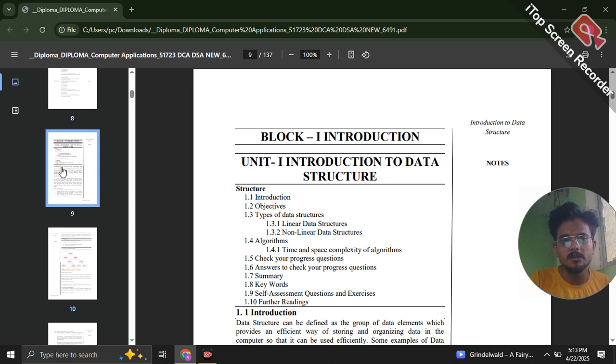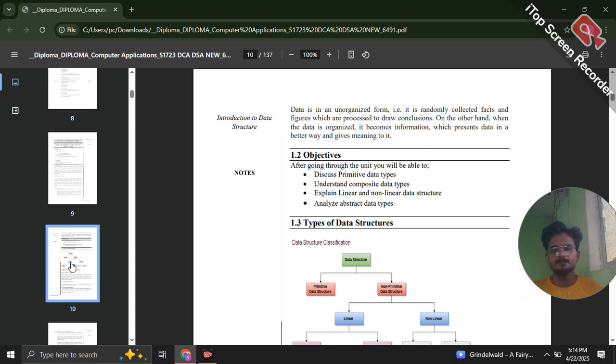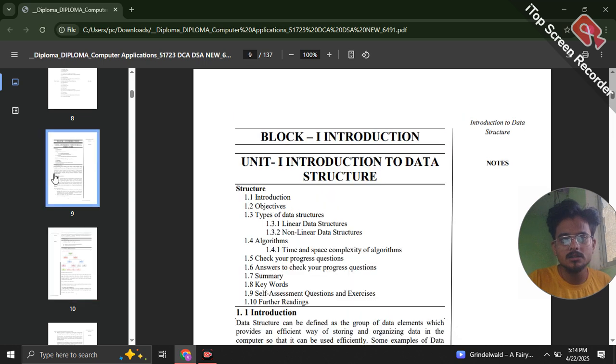Page number 9. So what is data structure? Okay guys, introduction. Data structure,